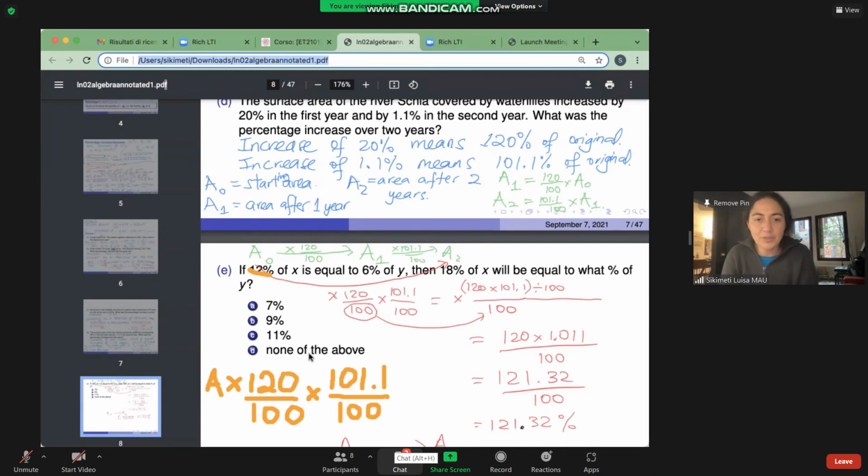You can keep one of those hundreds, and then you have 120 times 101.1 divided by 100 in your numerator. And that comes to 121.32. So this means that altogether, A times 120 divided by 100 times 101.1 divided by 100 is